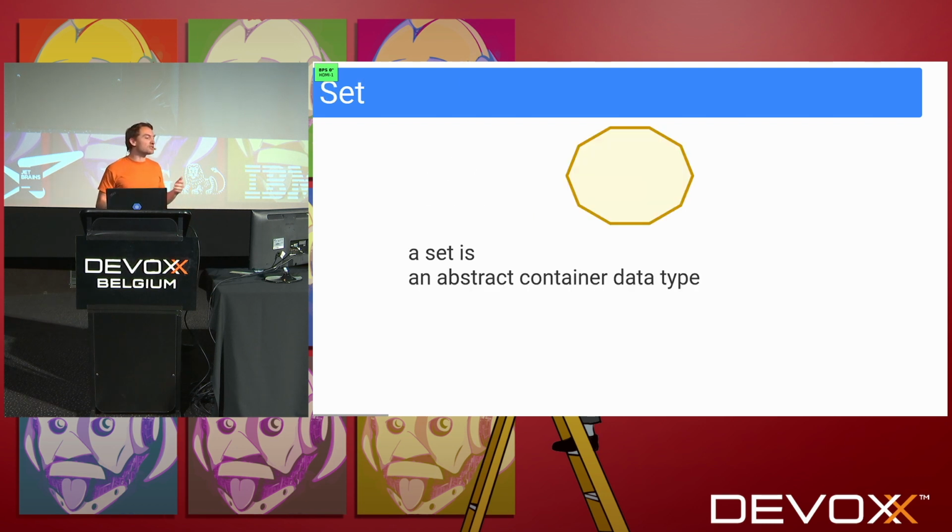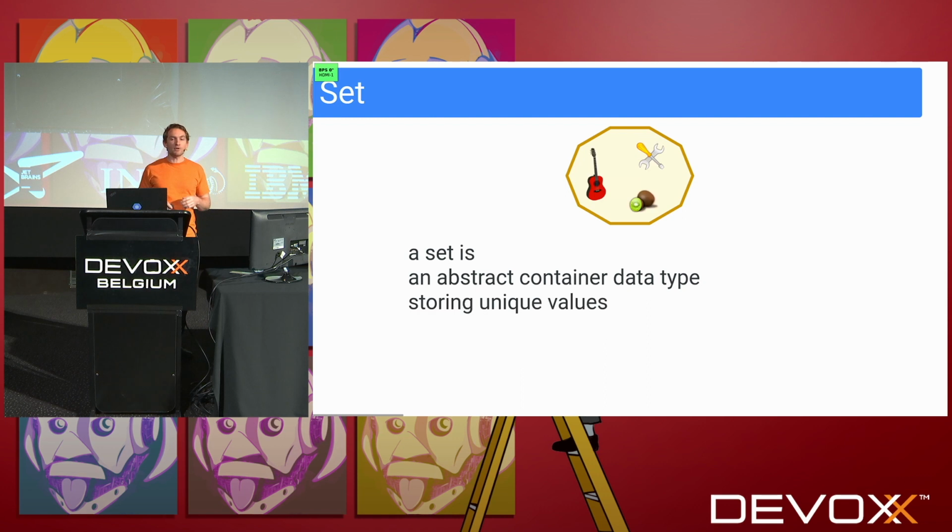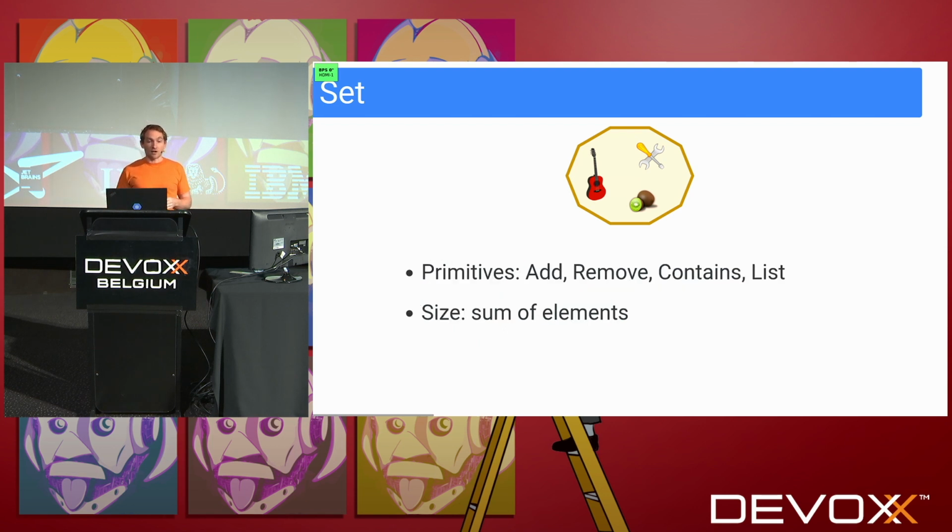So in computer science, a set is an abstract container type. It can store only unique values and without any particular order. So you will probably find a set implementation in the standard library of your favorite language, except in Go, because Go wants to be special. So this is very, very basic stuff that everyone knows from their daily job or from the university. It's not supposed to contain any duplicates, and as it's a container, it's really supposed to contain its elements.